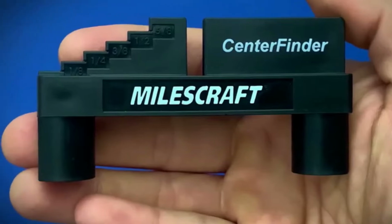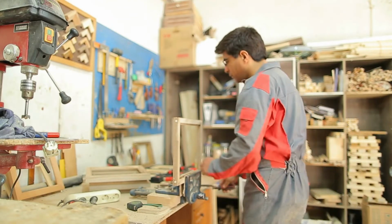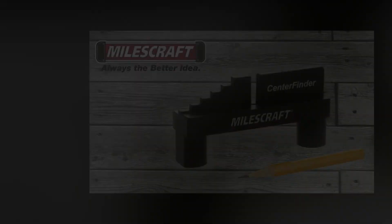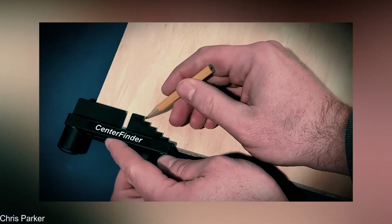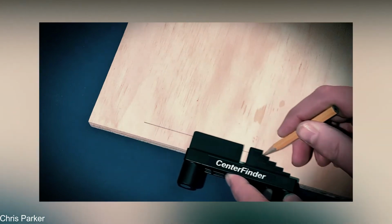10. Milescraft Center Finder. Anyone who has done carpentry knows how time-consuming marking a board is. That is why Milescraft, an American company, developed Center Finder. The procedure is completed in a few easy steps. You insert a pencil into the holder, position the tool over the board, turn it, and draw a flawlessly straight